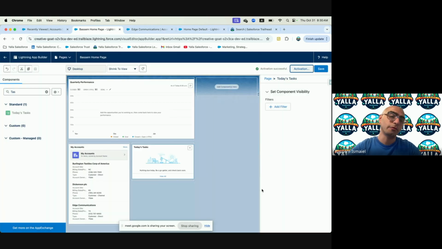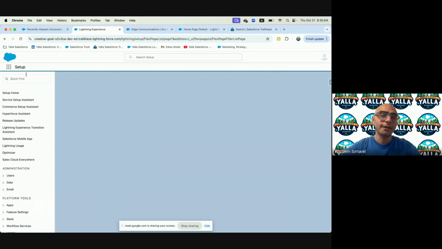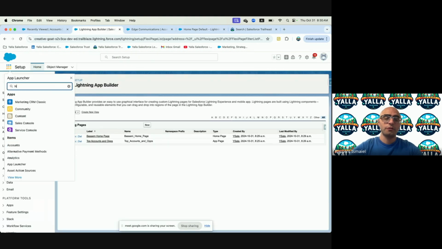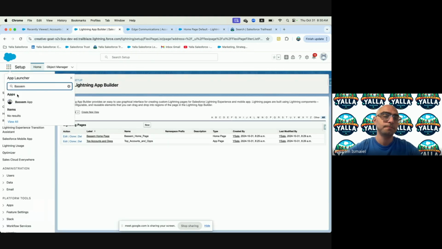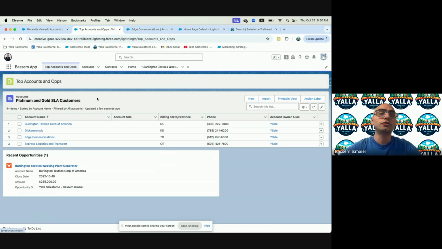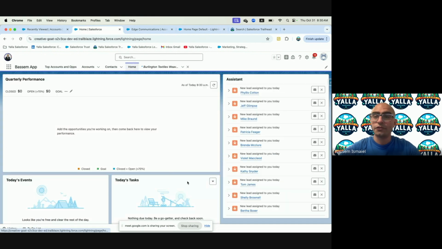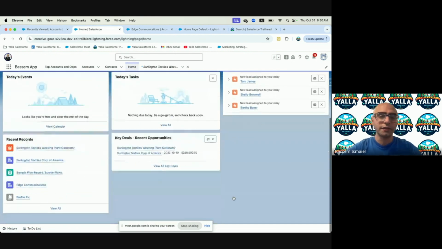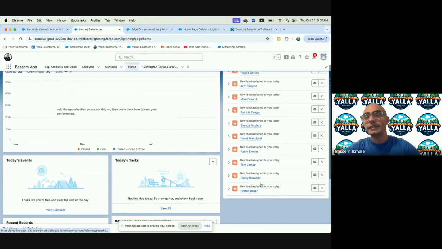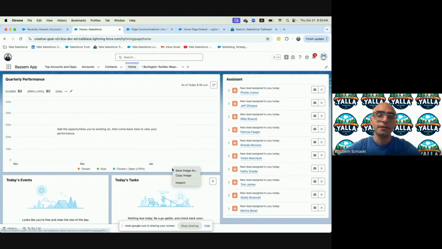Now it's only available for this specific persona who are using this specific app. So let's save and go back and see. If I went to BASM app, I should be able to see a simplified version. So it's still having all of these recent records, key deals, and so on, but we know that we have